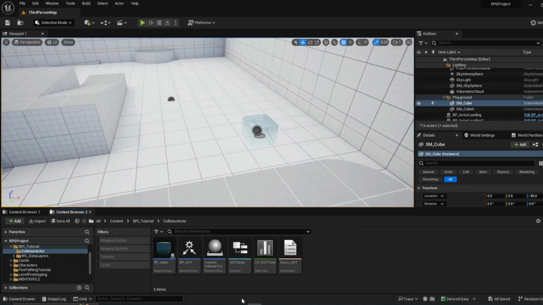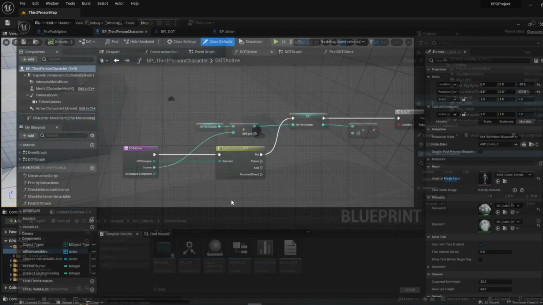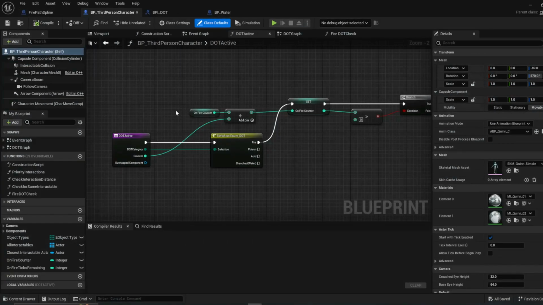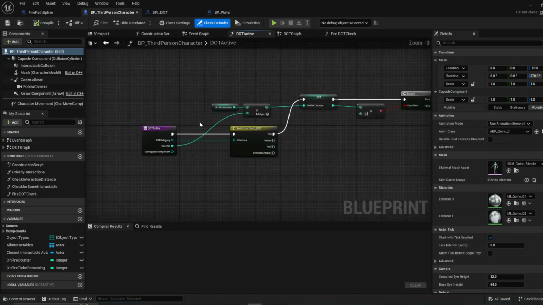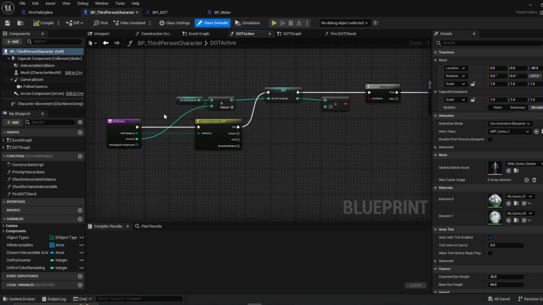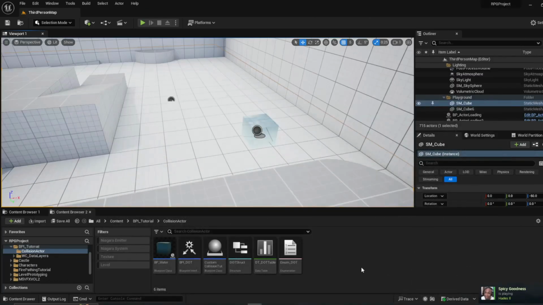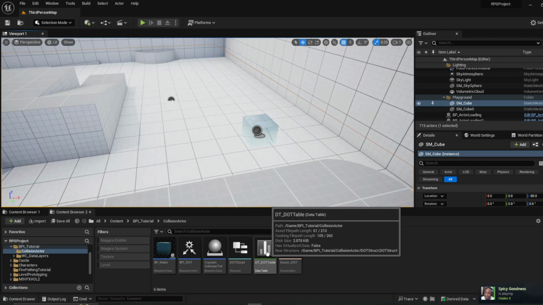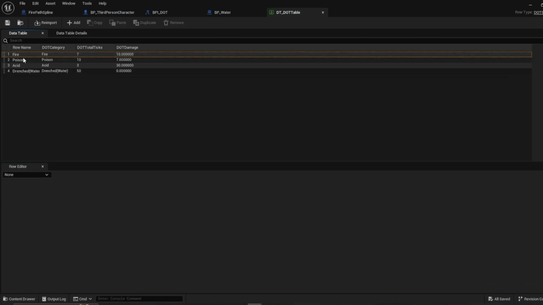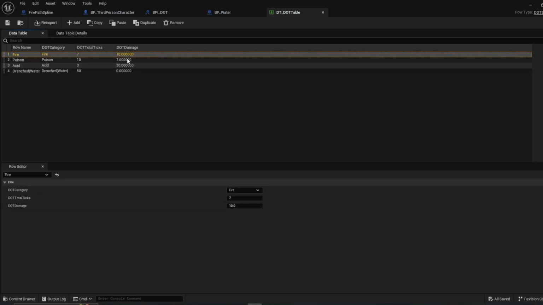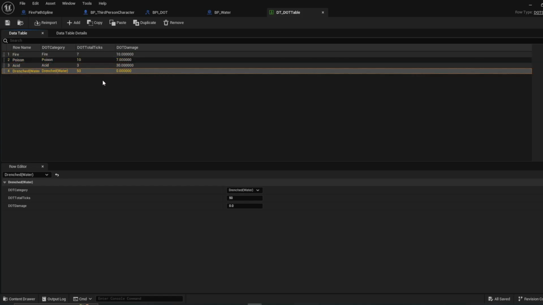First, let's go ahead and reopen our third person character. You know what, actually, let's go ahead and add something here. So to our DOT table, let's open that up. We've got our fire, poison, acid, and drenched. Underneath each area, we're going to add another category, and it's going to be